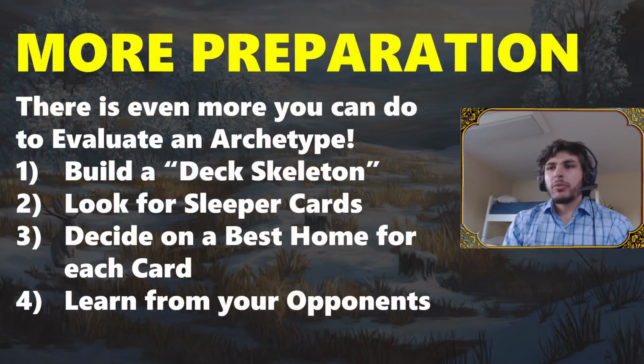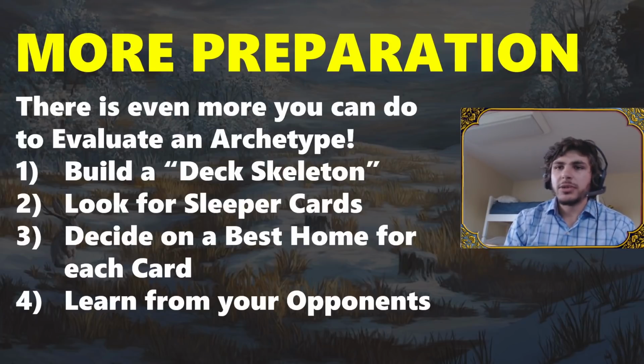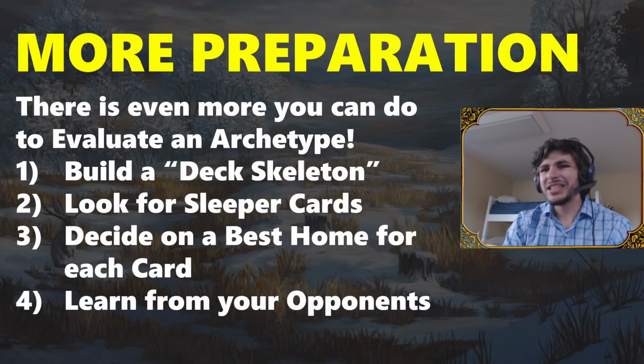Okay, more preparation. I've gone through some basic steps you can use to evaluate whether an archetype is going to be good, but there is even more you can do to evaluate an archetype. Number 1, you can build a deck skeleton. This is where you look through all the cards in the set and you give yourself a limit, like, okay, I'm going to let myself have 2 uncommons from this color combination, and then the rest is going to be commons,